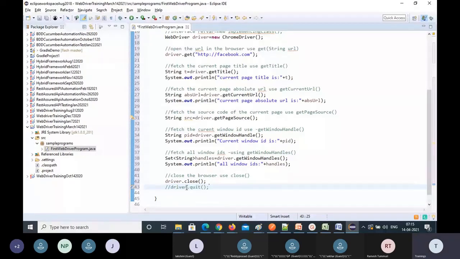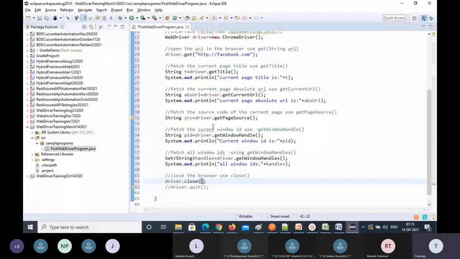But close is not like that. If you open 3-4 tabs by WebDriver, only the window where your cursor is will be closed by the close method. Only one window. But quit is not like that. You call quit, however many you opened, all will be closed at a time. That's the quit and close difference.